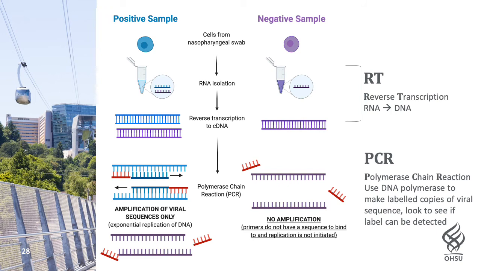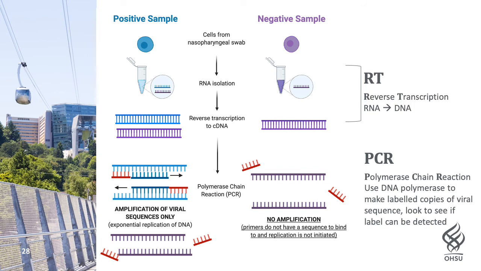To test for the presence of SARS-CoV-2, the first step again is to take that nasopharyngeal swab and to isolate RNA. All human cells are going to have RNA in them because our cells are continually transcribing messenger RNA to carry out biological functions. Any RNA that's isolated from a non-infected patient will only contain normal human RNA. RNA from a COVID-19 patient will contain a mix of viral and human RNA.